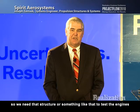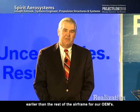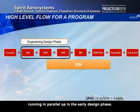Some of our products are needed early, especially like the pylons and the nacelles. On a new program, there is usually an engine development test program, and so we need that structure or something like it to test the engines earlier than the rest of the airframe for our OEMs. Not to slight the supply chain, it's running in parallel up in the early design phase, helping us out